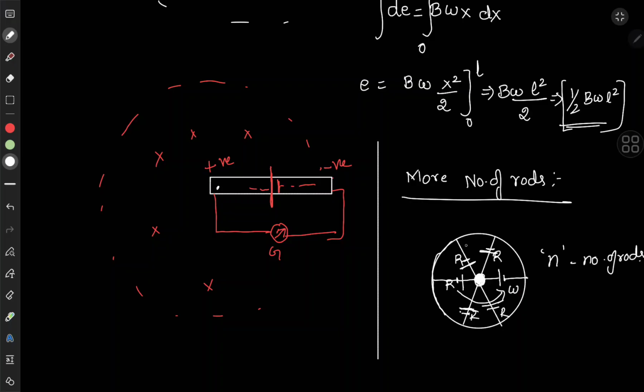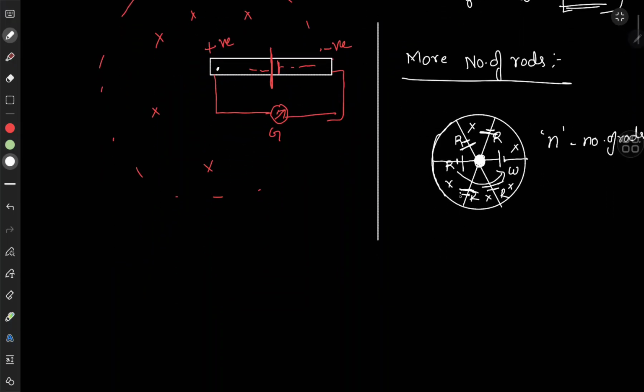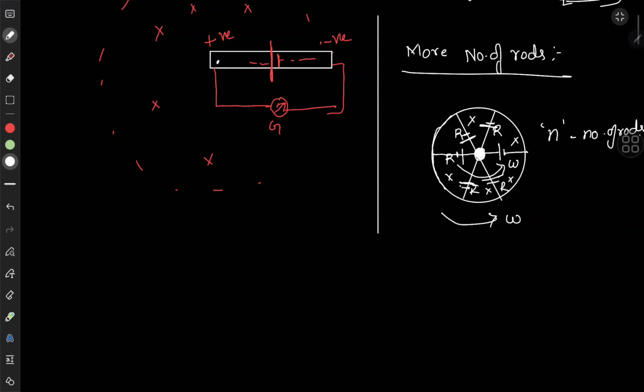When it is in the uniform magnetic field and they are rotating, what will happen? If they are rotating, they have the angular velocity omega. That means definitely they will induce the EMF. The induced EMF by a single rod, if you take,